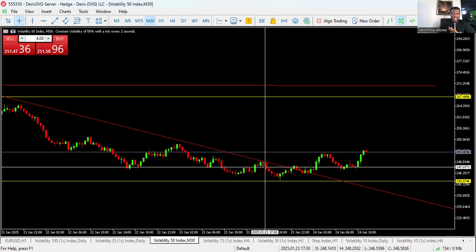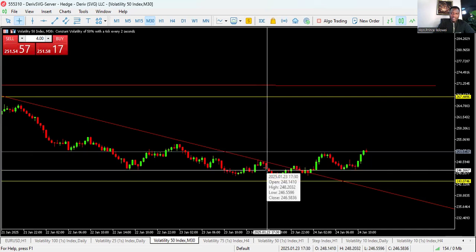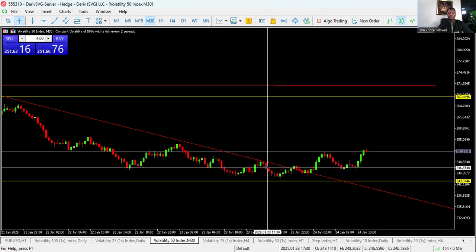You put a sell stop in strategic places, not just everywhere. It must be on a zone: a trend line, or a support and resistance zone. Those are the places I said you must trade, not when price is away from those support and resistance zones. So this is what a sell stop is. You put your order below the current market price and you expect the market to keep going down.